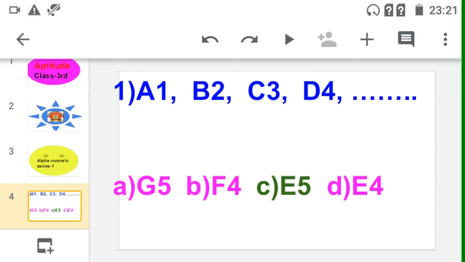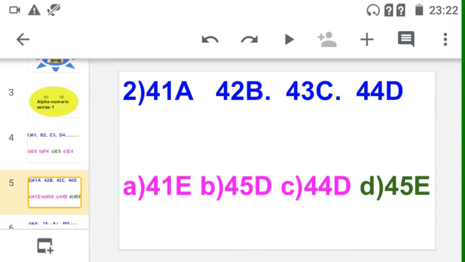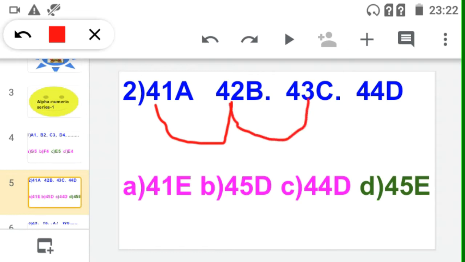E5. Now see the next question. In that question, when we are solving, see the first term and second term, whatever similarity between first and second term, that only we have to apply on the next term. So the fourth term is given, we have to find out the fifth term. So let's see, students. See here is 41. Correct. Then in the second term there is 42. Then in the third term there is 43, and in the fourth term there is 44. So have you observed, students, here is 41, here is 42, here is 43, here is 44. So these are continuous numbers.